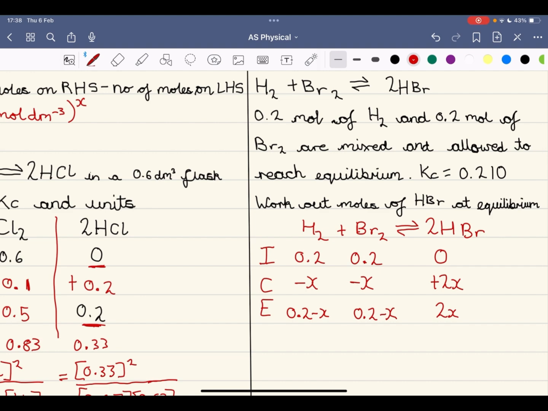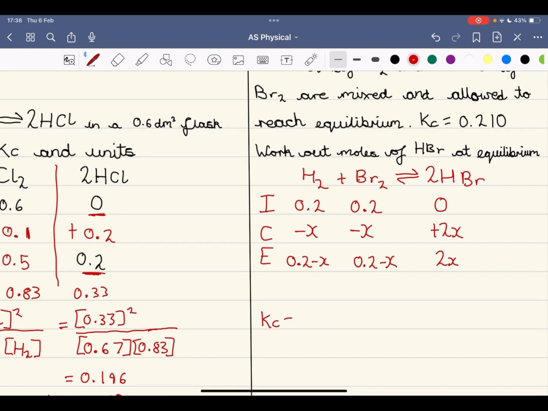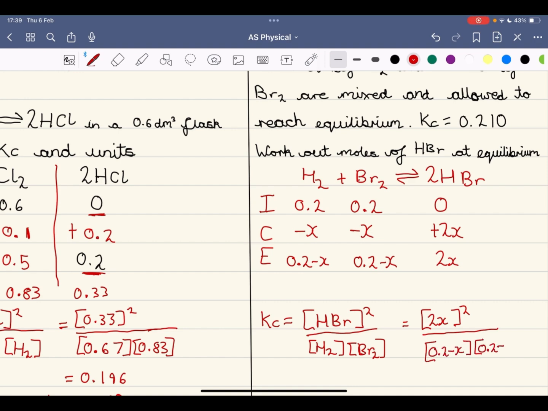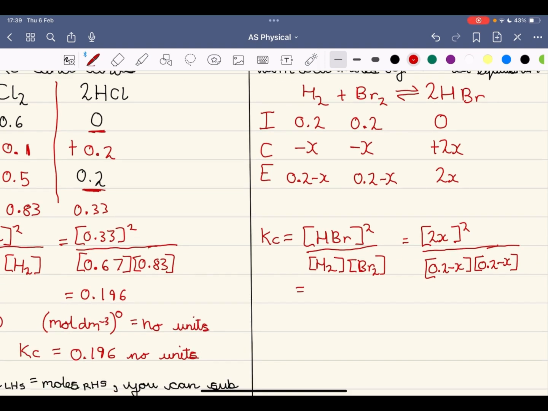So we can just do Kc is equal to HBr squared over H2 times Br2, and then instead of subbing in concentration we just sub in moles, so we get, and we can simplify this to, and we know the value of Kc is 0.210. And now if I square root both sides, I get